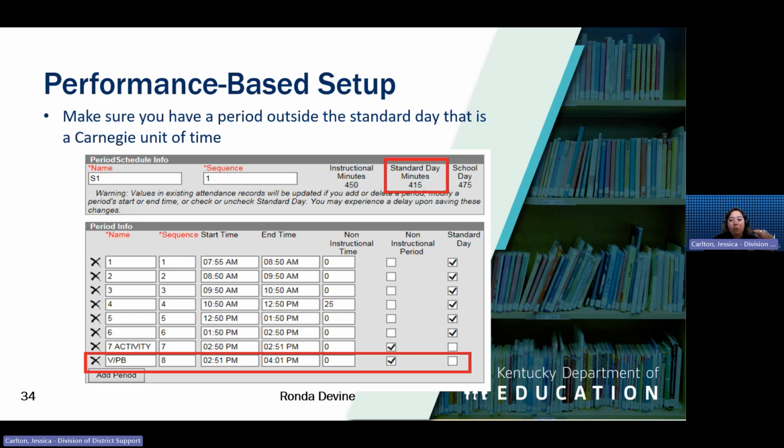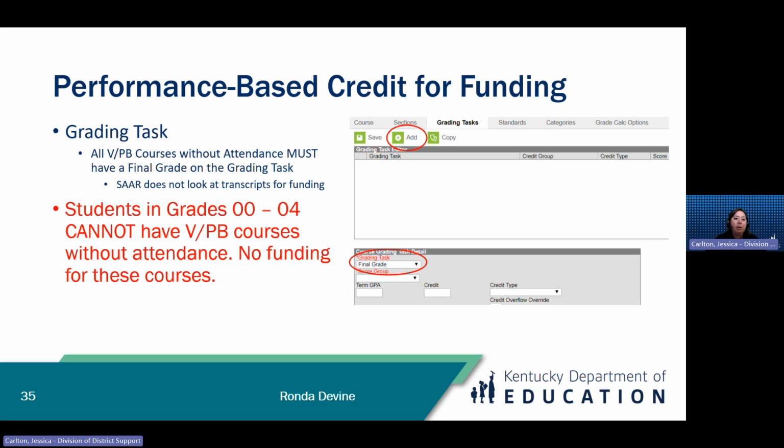Every now and then, and we'll show you on the funding gap audit report in a minute, some people come up short on what they're generating for their students, and it's because that course hasn't been made long enough outside of the day. Guidance on this and how to calculate it is also on our data standards page. And like I said, just like the half day, whole day, if you need help calculating this, reach out to us and we're happy to help you make sure that's long enough.